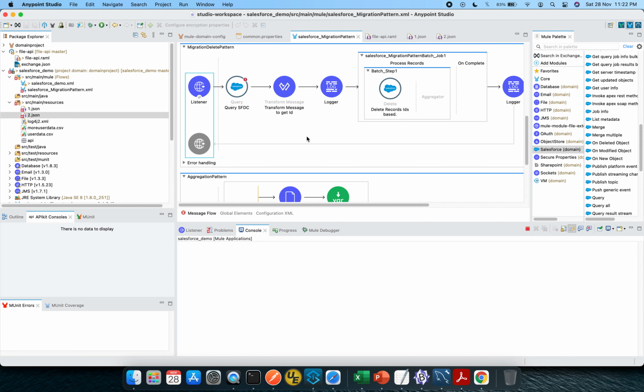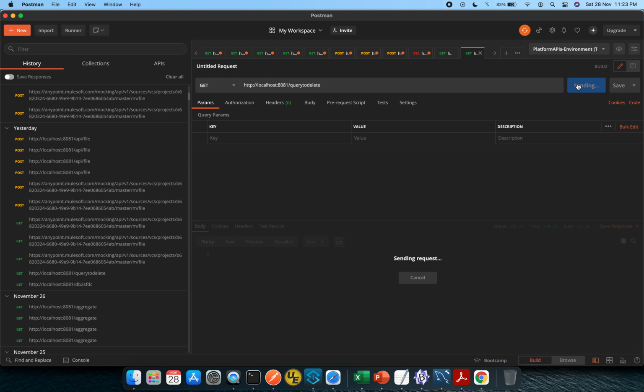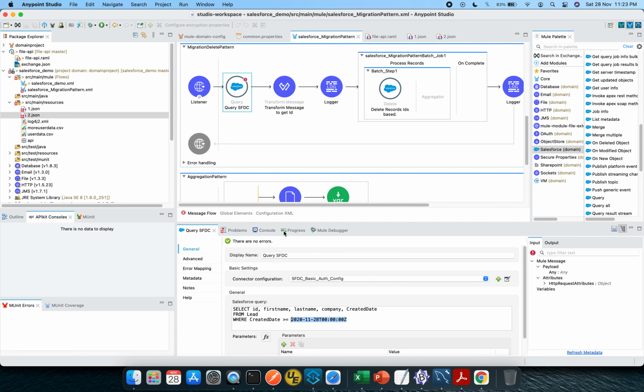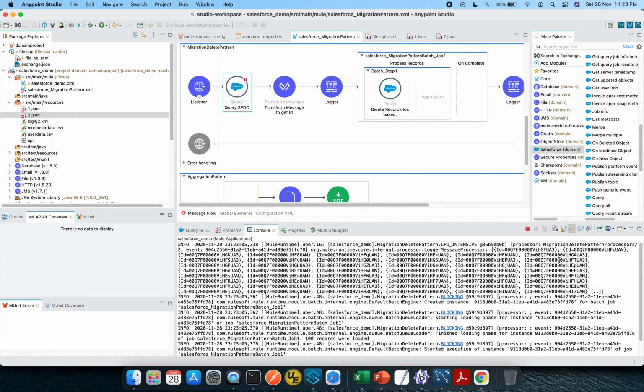Again, this particular piece, you can take it from the user side as well, maybe as an input from the user, or from one of the files which you are dynamically updating. So this can be a dynamic value in short. So let's make a hit on the send button and let's see. It is executing, and I will see the console as well. It is showing me completed, and many IDs are being logged.